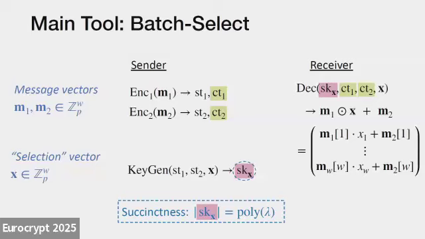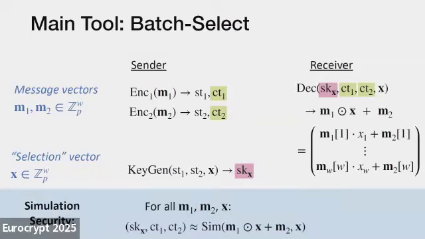Now, I also should mention that the receiver, in addition, needs to know the selection vector X in the clear. So simulation security actually states that the receiver doesn't learn anything from the ciphertext and the secret key except the desired evaluation outcome, as well as the selection vector that is supposed to be public. And this tool can be applied almost immediately towards the label compression problem, because component-wise multiplication is exactly what we